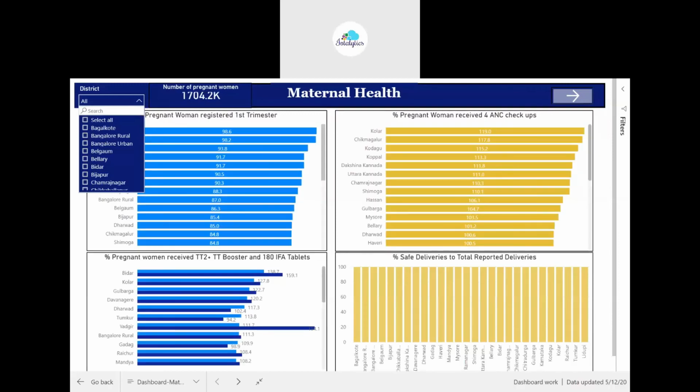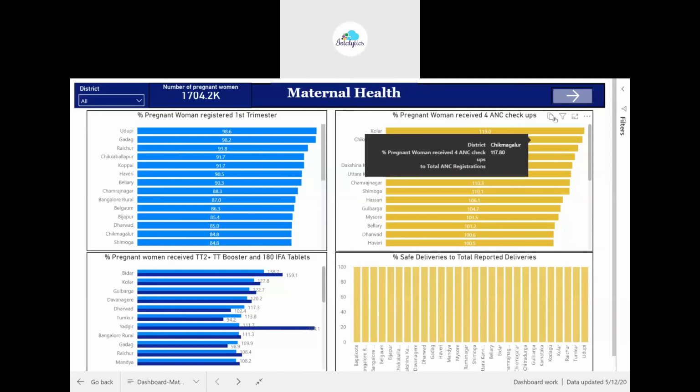On unselecting, you will get all of them. This kind of drop-down is very helpful for looking at the data. If you look, some indicators are outliers because we have not cleaned anything. In HMIS data there are always outliers because no action has been taken on them. The denominator has to change in this scenario. It is supposed to be the estimated number of pregnant women, not the number of pregnant women registered for ANC. You have to take the estimated number of pregnant women into consideration.